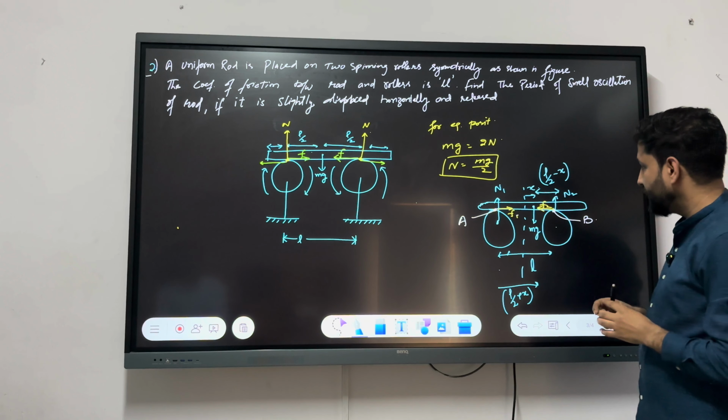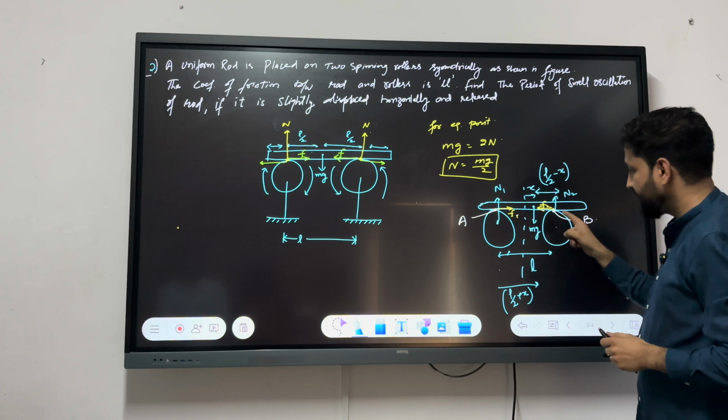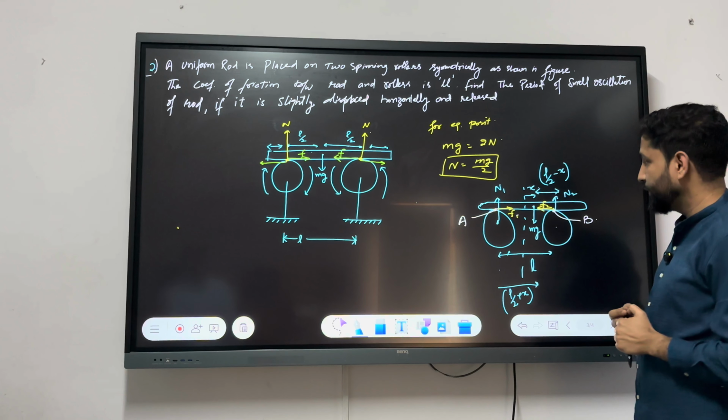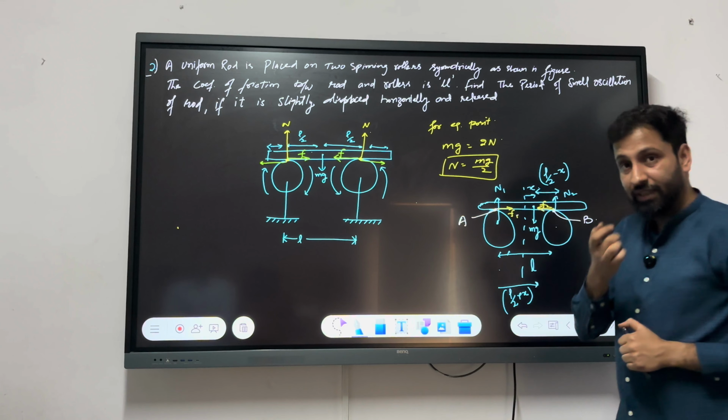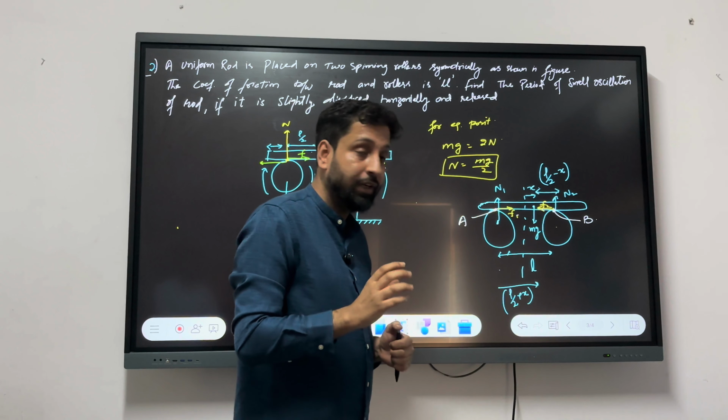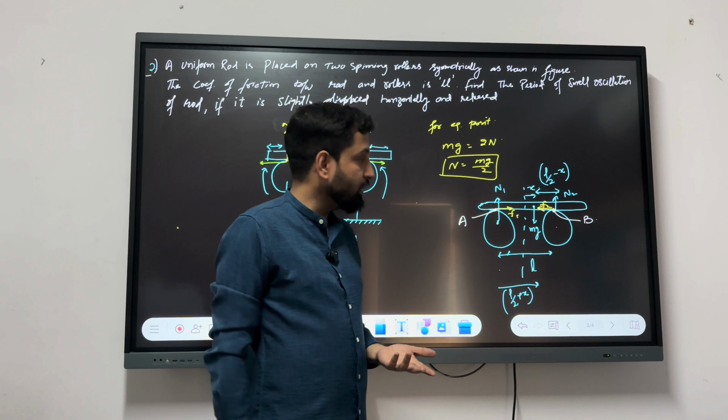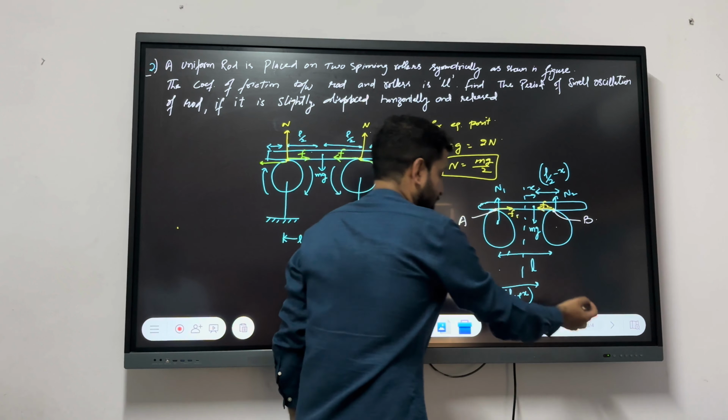And what about this N2? N2 is acting here and there is some distance, so there will be torque. But we know that this rod is in rotatory equilibrium. So net torque should be 0. Okay? So we can say that net